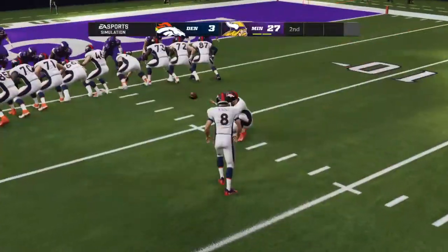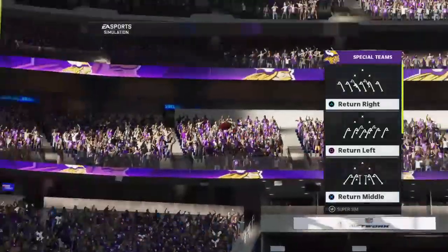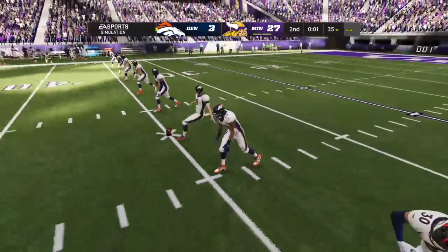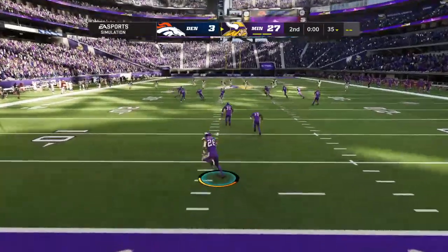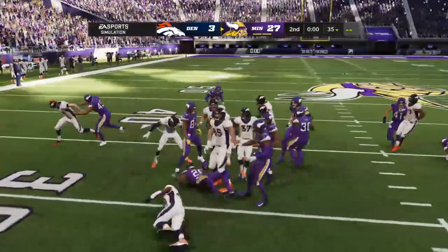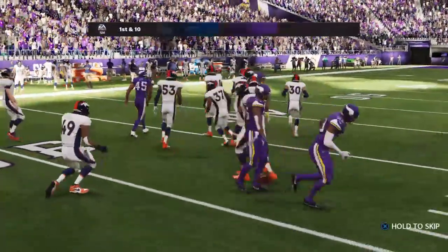And McManus able to put it through. And that will cut the lead down to 3 scores at 24. So they wind up turning the turnover into points as they convert there for 3. Yeah, that was a nice job there to force the fumble. They recover, hand things over to their offense, and then the offense went down and got them 3. That alone, that's not enough to win a game, but both units able to...